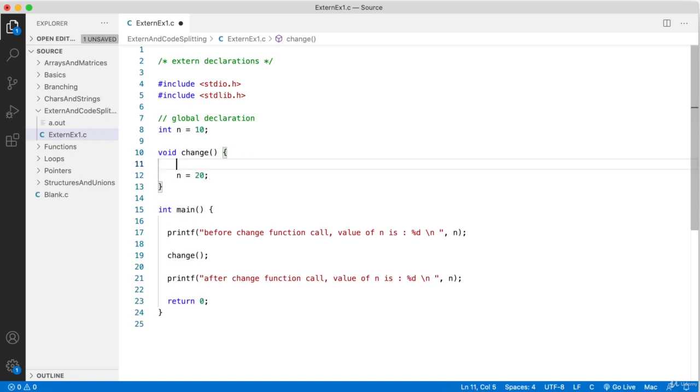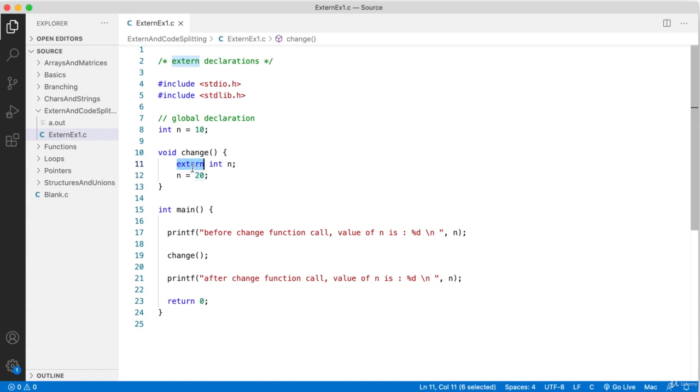But what if I want to do a declaration, but still I want to refer to the global one? So you can make this variable an external variable. This means that you are actually informing the compiler that there will be a variable called n, which is of type integer. Based on that, you just validate this function, and it is declared externally outside. So that is the actual meaning of it.